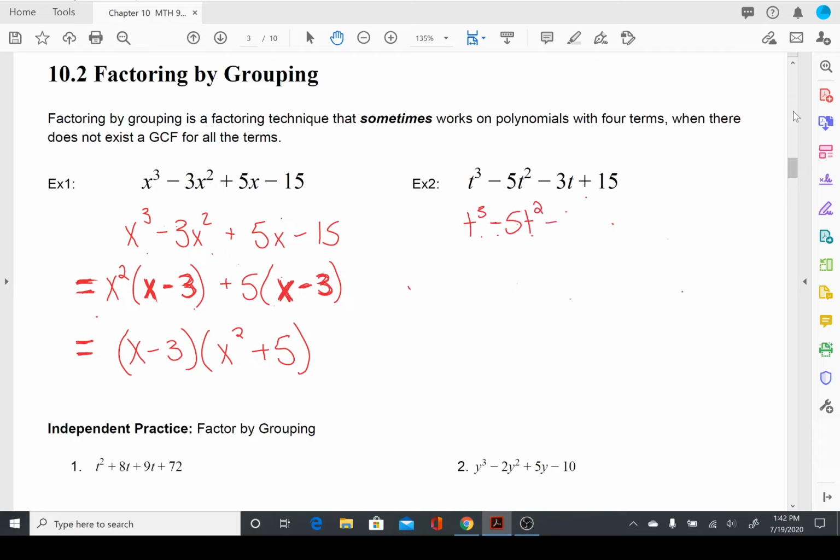So if you don't know what to do, you don't know where to start, just rewrite what they gave you. The second line of math, start it with an equal sign. Anytime it says simplify or rewrite, this is the process that you're doing. And in this second line of math, we were factoring out t squared out of our first terms, and we were factoring -3 out of our second terms. And then our last line of math was our answer,